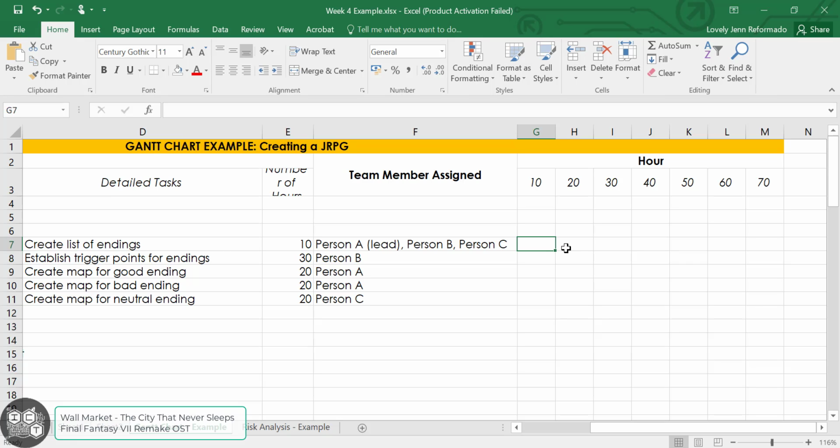So if this is highlighted, that would mean that it would take 10 hours of work. If 2 of the cells are highlighted horizontally, not vertically, that would mean that you would have a total of 20 hours of work. This would also determine when you will stop and when you will actually end. So when it comes to determining the duration, you also have to look into, aside from the number of hours,